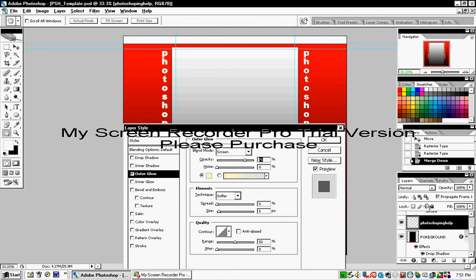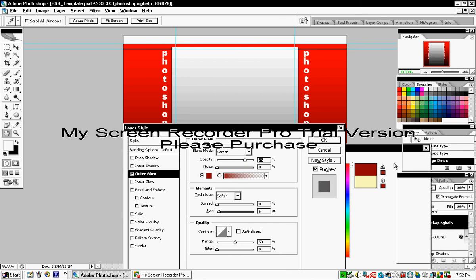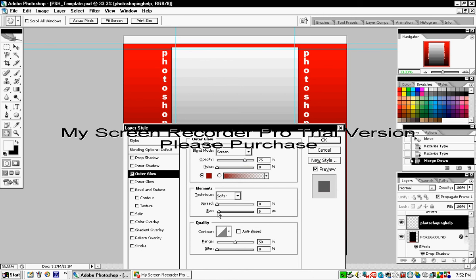Make sure you're on that layer, and then it'll put a glow around it, and you can make it whatever color you want. Say I'm going to make it a reddish color. I'm going to make it a darker red, maybe closer to a black almost. Then we'll click OK. And then if you want to make its size bigger,